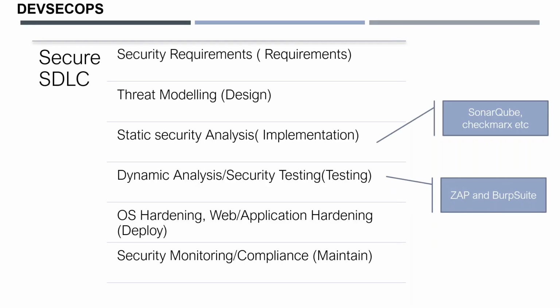What is the next one? Dynamic security testing, or dynamic analysis testing, or whatever you call it. This comes after you deploy it. Many organizations don't do any security testing once the application is deployed. But of course, clients like banking, healthcare or pharma do a lot of security testing. They use a large number of tools to do the security testing.